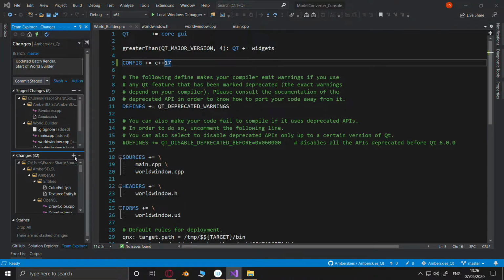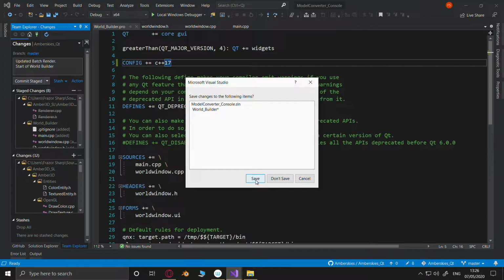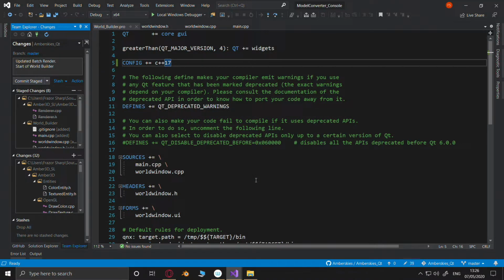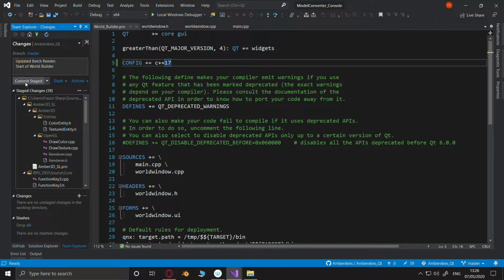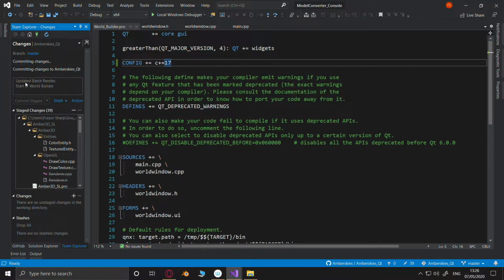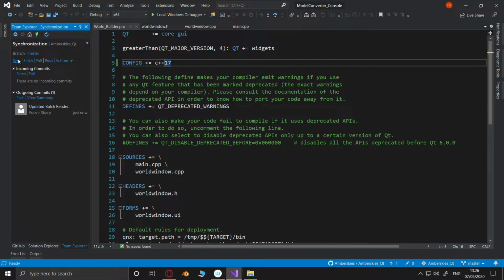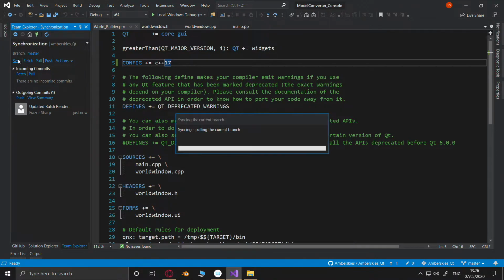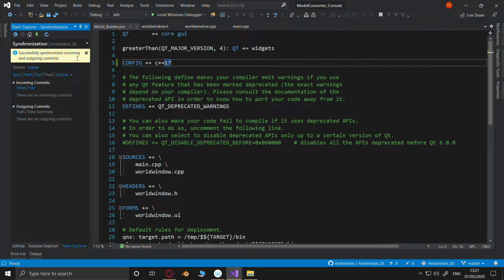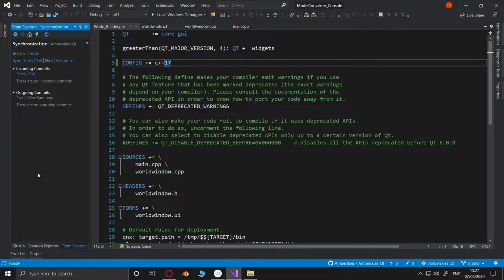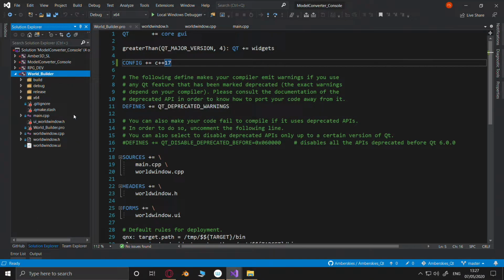Add everything, please. Done, done, done, done, done. Commit, yep. Sync. Sync. Why I have to click twice, I don't know. There you go, you've got the code. All yours to play with. And I'll carry on here.